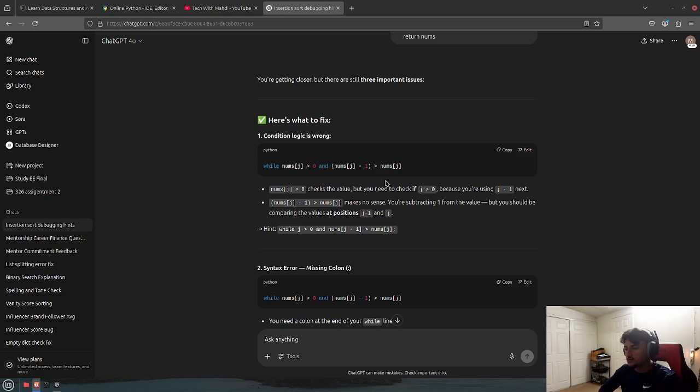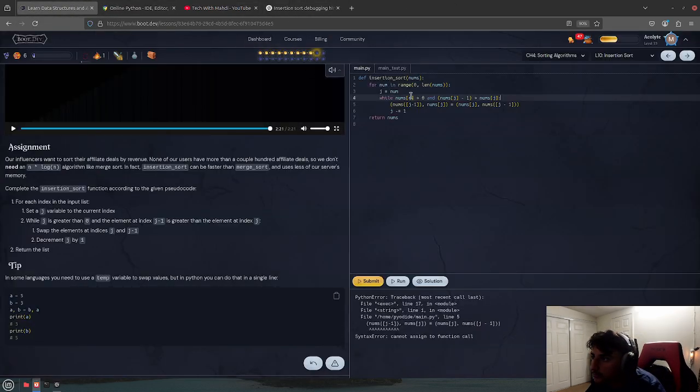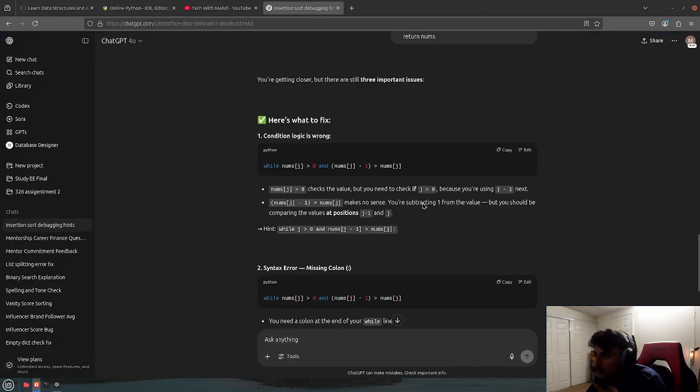Need to check if j is greater than 0. Oh, okay then. It's not saying the index. These instructions suck. Well, j is greater than 0, because you're using j as next. Nums j. If the index